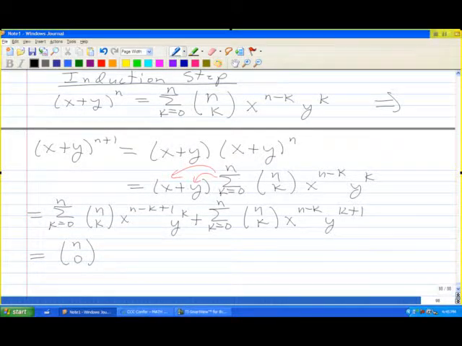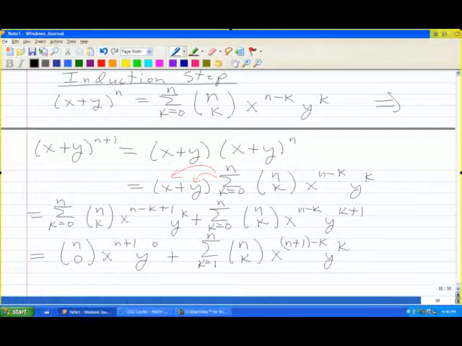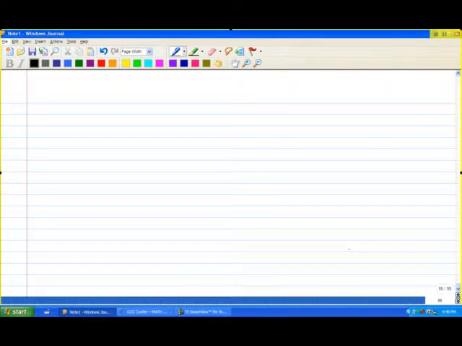Plugging in 0, I get x to the n plus 1, y to the 0, plus this other expansion, k equaling 1 to n, I already did the 0. I wrote it out. k equaling 1 to n of n choose k, x to the, let's write the n and the 1 next to each other, n plus 1 minus k, y to the k, plus